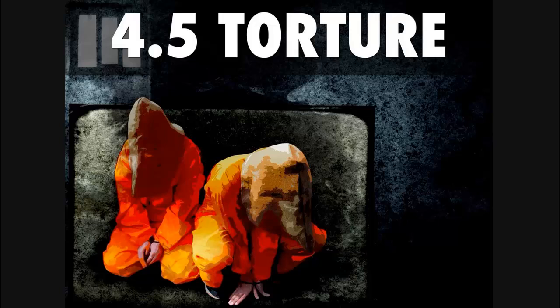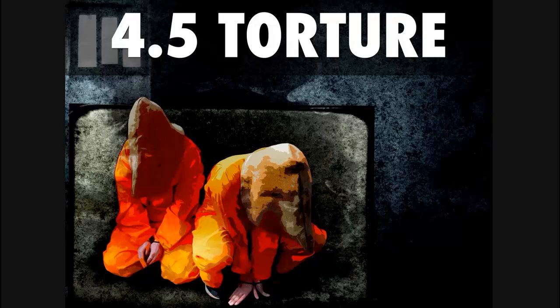Now, the first thing we note is that for either a war crime or a crime against humanity, there's a contextual element, which would be additional to the Torture Convention definition. So for a war crime, there has to be a sufficient link to an armed conflict, and for a crime against humanity, torture has to be carried out as part of a widespread or systematic attack against a civilian population. But even beyond that, there are variations.